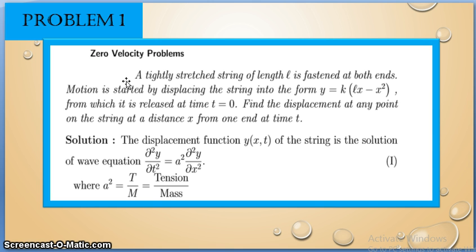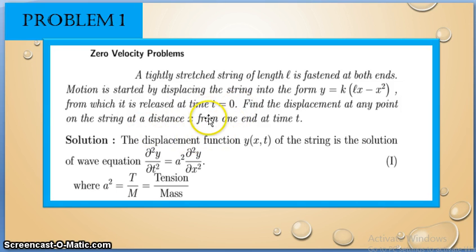For this case, in the previous class I told the steps. First write down the boundary conditions, next initial conditions, next the correct solution for the one-dimensional wave equation. Then we have to find one by one, up to 5 equations, then the half-range sine series formula. These are the procedures. So be careful here. Read the problem again and again, so we can identify which type of problem it is. So this must be a zero velocity problem, released at time equal to 0.